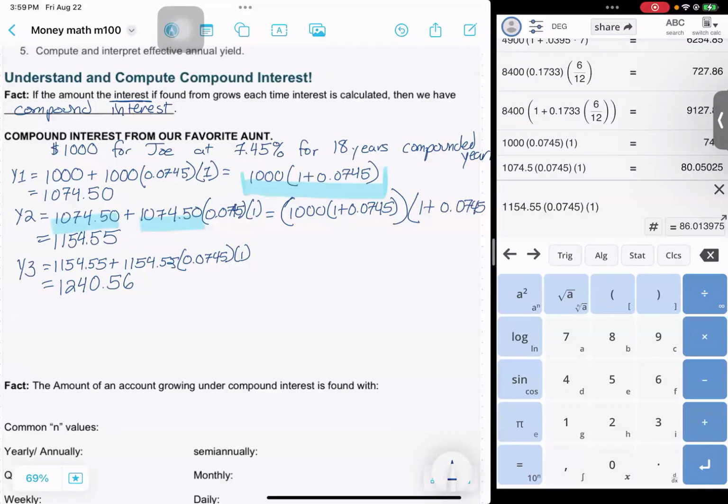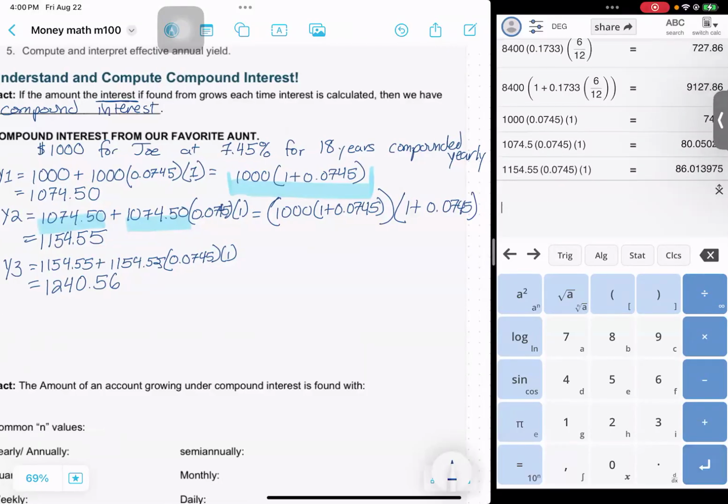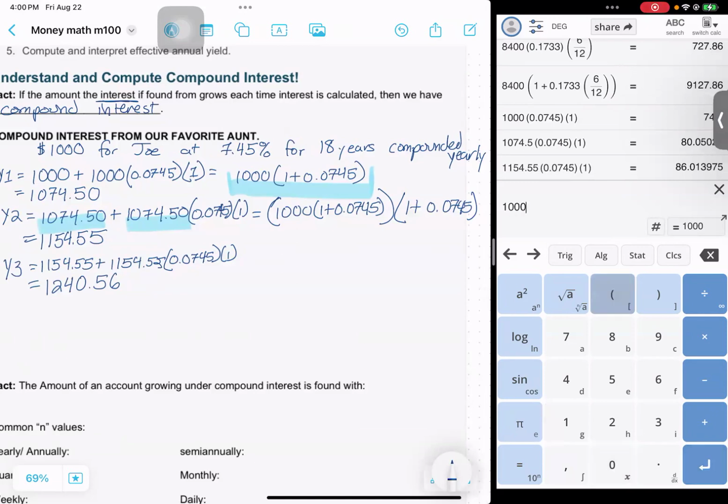0.0745. Let's double check on the calculator. So we had our $1,000 times 1 plus 0.0745. Okay, there was that first year. And then we multiplied it again by 1 plus 0.0745 for the next year. Oh yeah, look, that's 1,154.55. And I bet you this next one will come out to where we have 1,000 times 1 plus